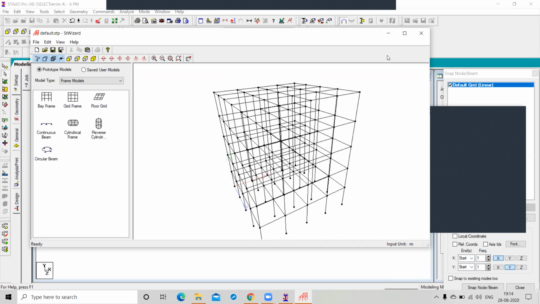Some lines are inclined and the corners are not visible. On that occasion, you can't use the run structure wizard. You have to go with the snap grid node or the coordinate method for creating your geometry. I think in this case, the coordinate method is better for creating geometry, right or wrong? Yes, right. So we have cylindrical shapes also.